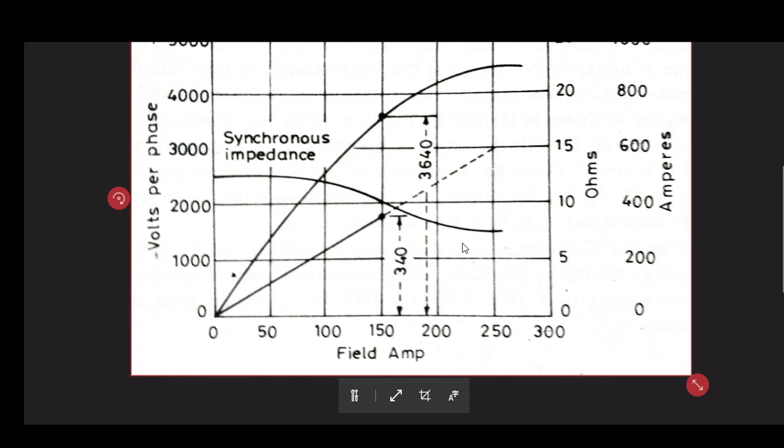So now you have to think about that and give me the answer. Well, you are free not to give me the answer, but that is not the way things should work. So basically what I am trying to say is that the whole concept of synchronous impedance is to replace your MMF